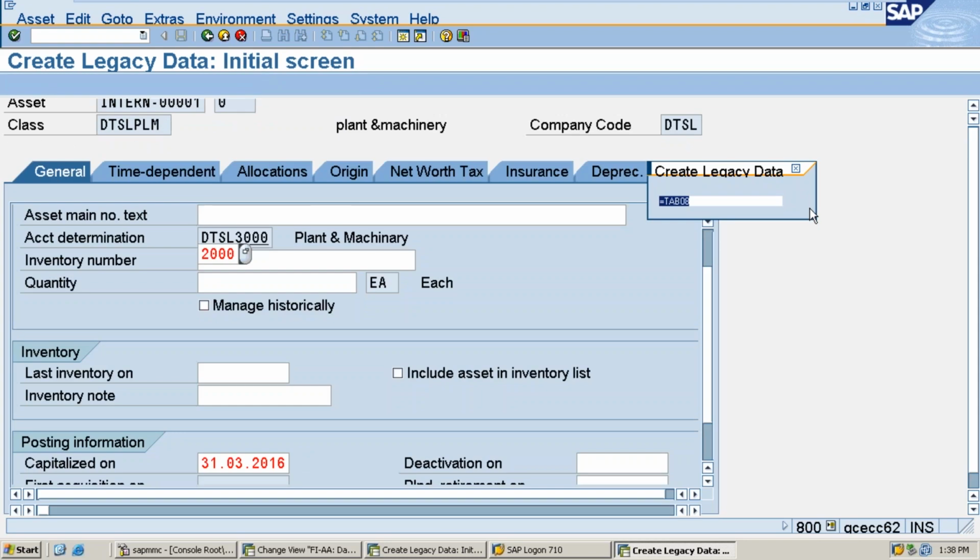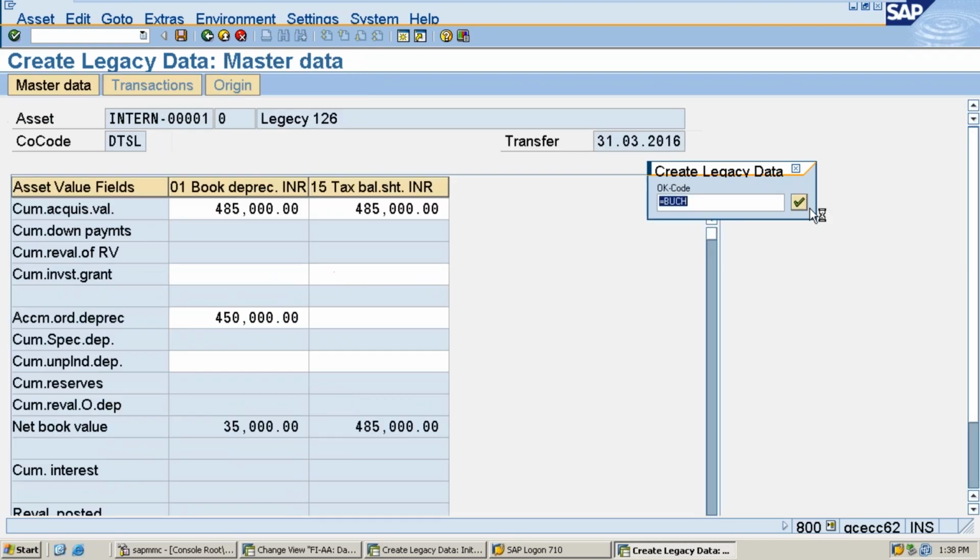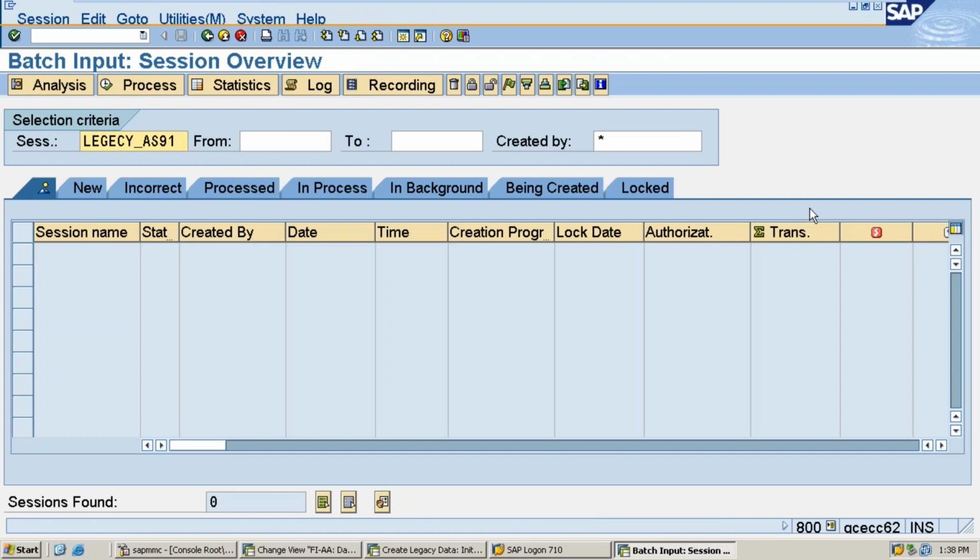In case you get stuck, it is because of the inputs you entered in the source file. What is the observation you have to make? I have uploaded the asset master records, but it is not integrated with the GL. I have assigned reconciliation account A190, the plant and machinery account. That doesn't have any value, there is no impact on that value. When you upload the asset values into the SAP system, it will not impact your ledger balance, GL balances.